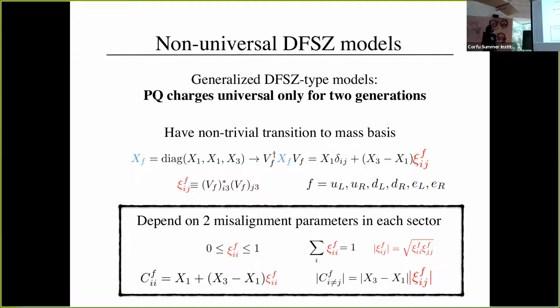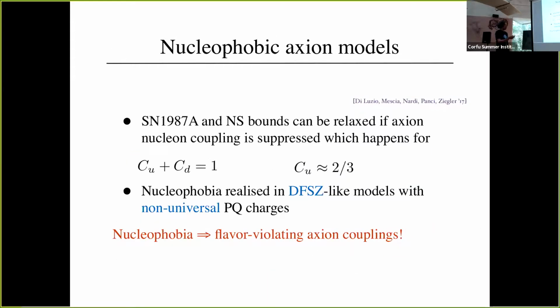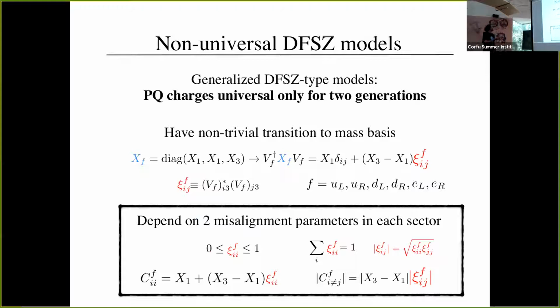So just to briefly explain the idea, in this paper they focused on this class of DFSZ-type models where the first two generations still have PQ charges universal, but the PQ charges of the first generation are different. So this is